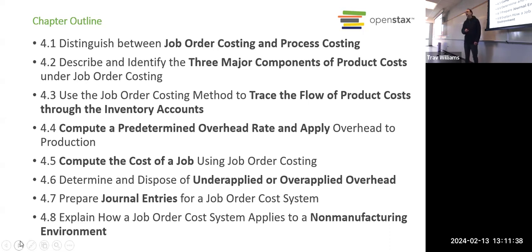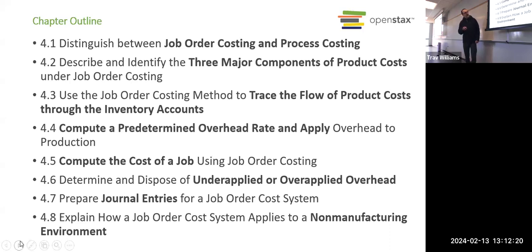When it comes to overhead, we have to estimate what the overhead cost is going to be. The reason we do that is so that we have something to work with. You don't actually know your overhead costs until after you're done making the product, and maybe not even until the end of the year when all of those overhead costs have come in. So we have a way of estimating the overhead cost so that we have a rough idea of what it's costing us. And then later on, we check to see how close we were and whether we have to make an adjustment.